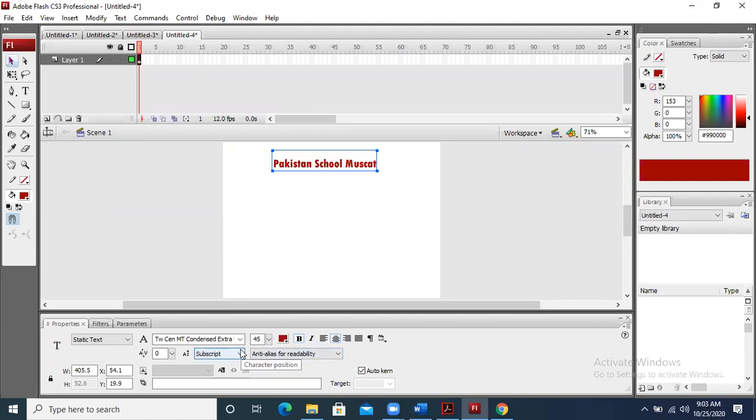Subscript will be lower, superscript will be upper, and normal is normal. Dynamic and input are different types, but right now we are concerned with style, bold, italic, underline, size, left, right, align, justified, and color.